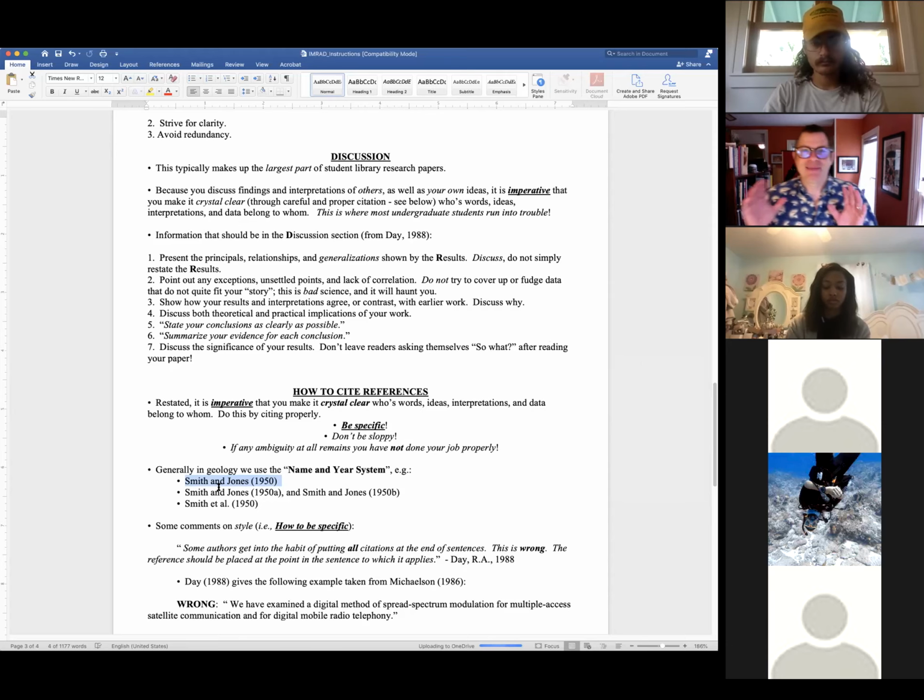But the critical thing then is how you actually acknowledge information from other sources in the paper. And you're always better to oversite than to undercite. Okay? And generally, we use a relatively simple citation method that's not too painful. In